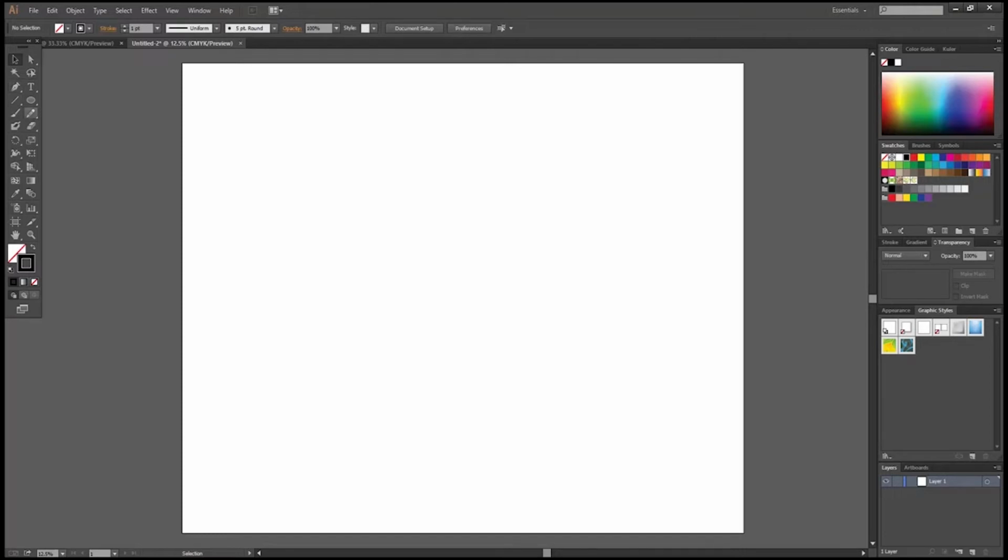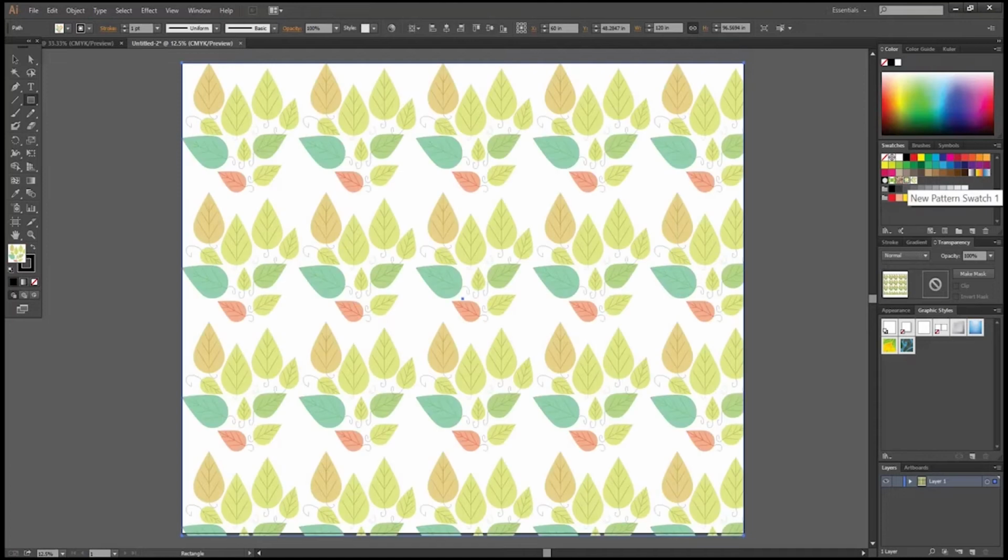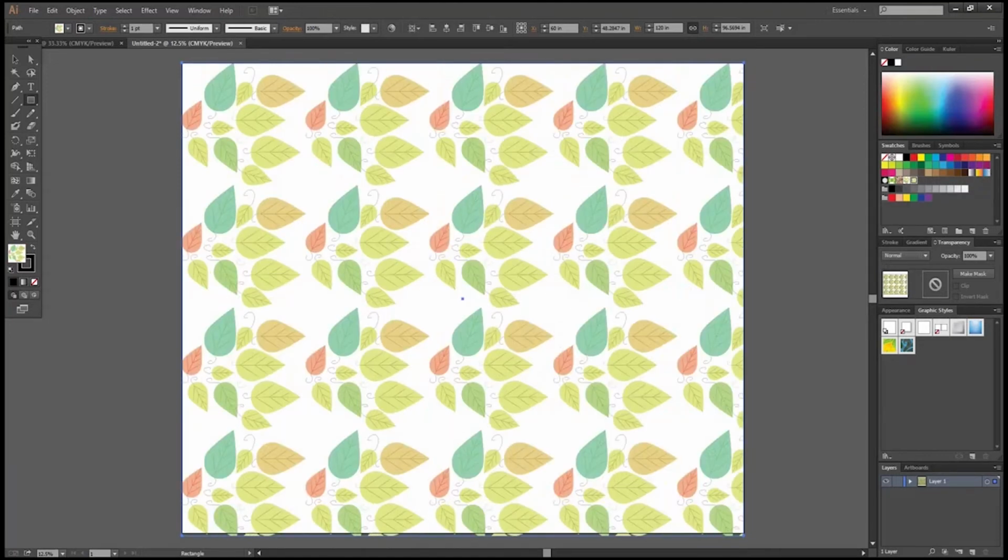For that we'll create one big rectangle of the page size, and then we'll fill it with our pattern. This is first, second, I think this will be fine. Okay, so now if I have to change the design, I can change the design from here. Alright, so now